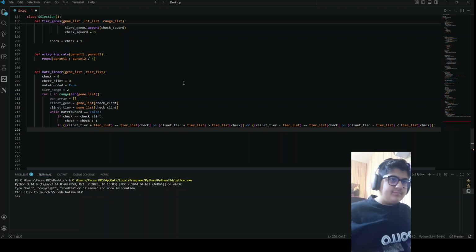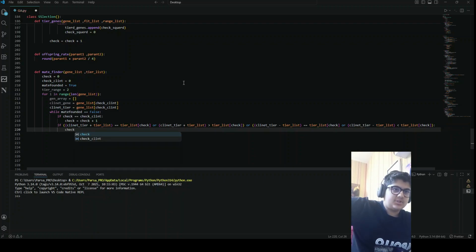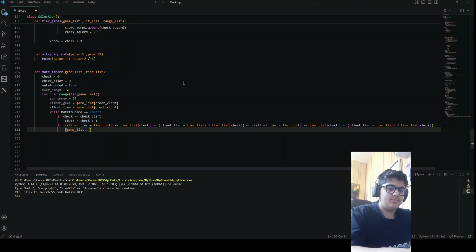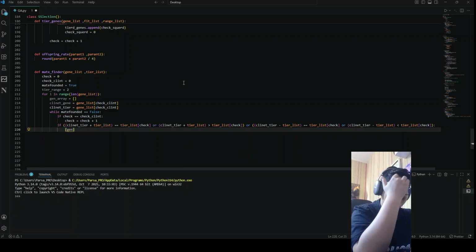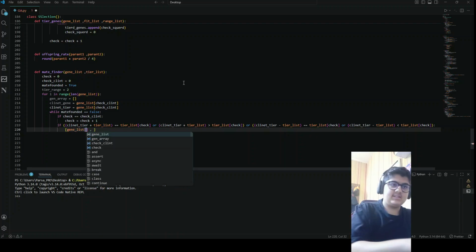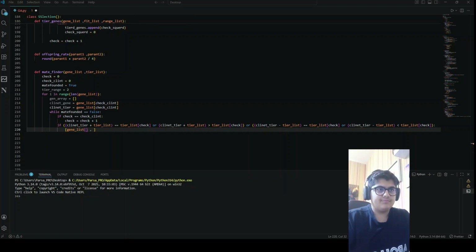So let's simply check gene list. Okay, here if gene list is equal to that,